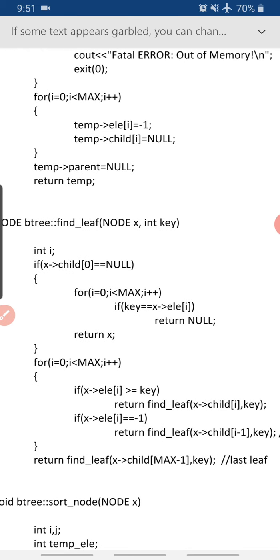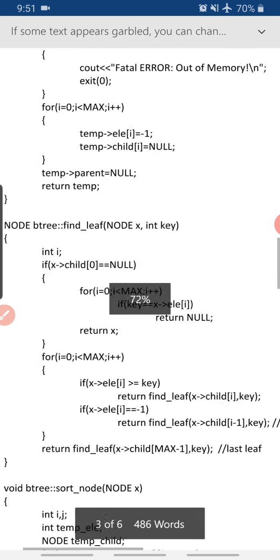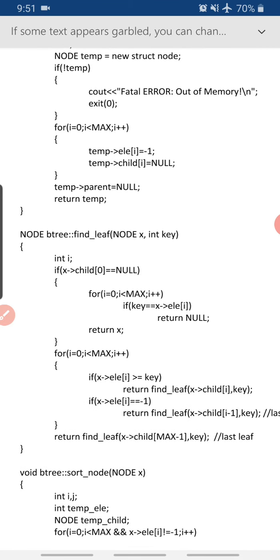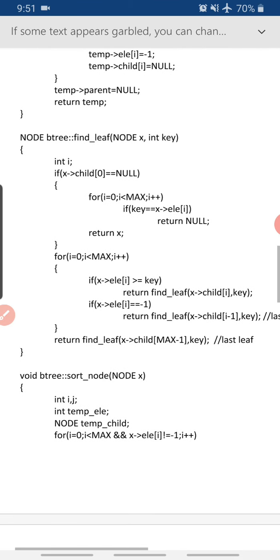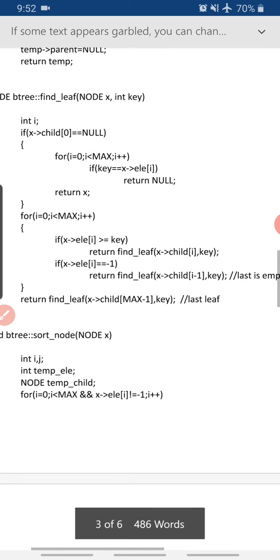That means this particular leaf node is where this key goes into. The if condition would return null or return the address of that particular leaf node, telling yes, this goes into this leaf node, or the key you're trying to insert is already present in the B tree, so a duplicate entry is not possible.